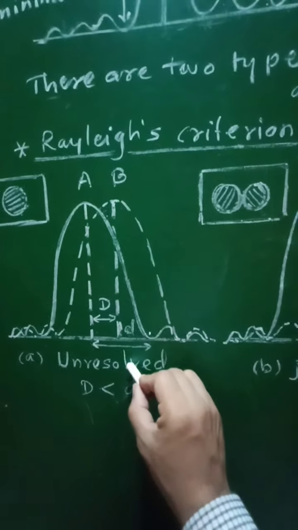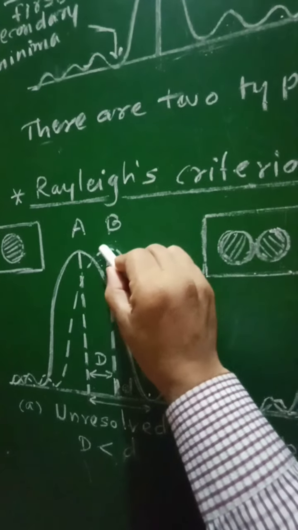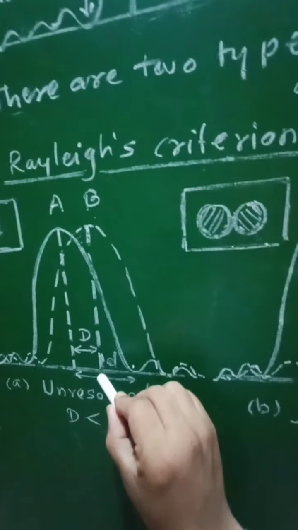At that time the two objects will not be observed to be separate, but only one object will be observed, and therefore the objects are said to be unresolved. Similarly, the depression between the diffraction patterns of A and B is not noticeable here,